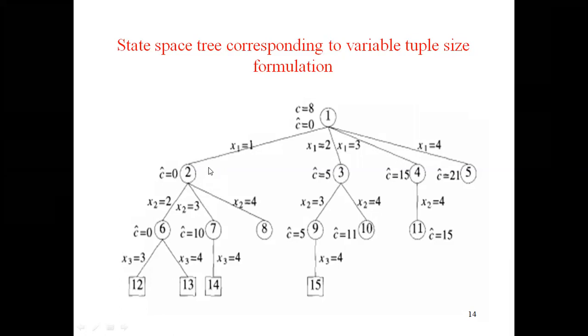The variable upper is updated to 14 when node 3 is generated. Since C of 4 and C of 5 are greater than upper, nodes 4 and 5 get killed or bounded. Bounded means those are exceeding the value, that is why they are greater than the upper value. That is why we are killing those nodes. Only nodes 2 and 3 remain alive. Node 2 becomes the next E node.